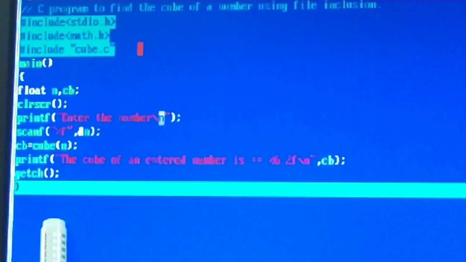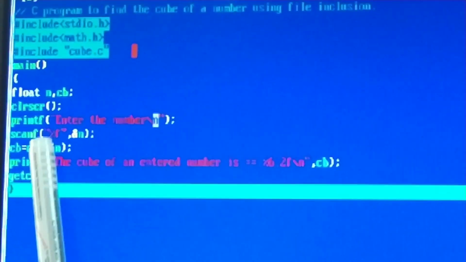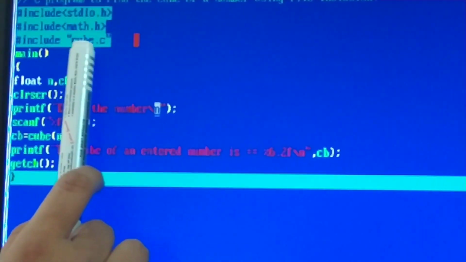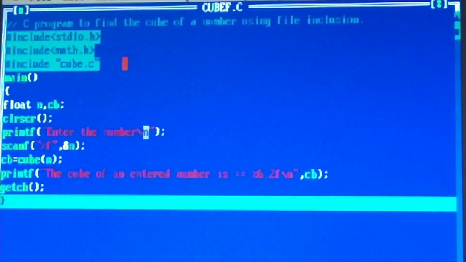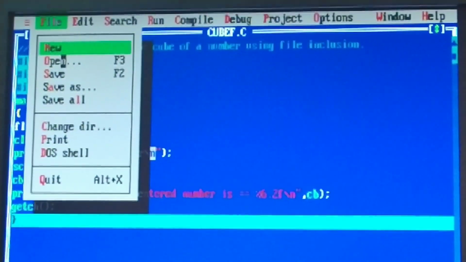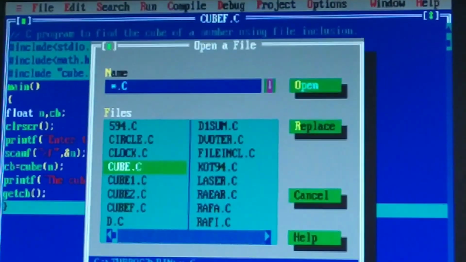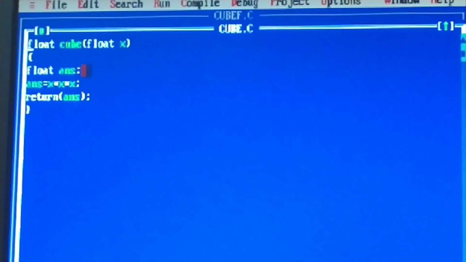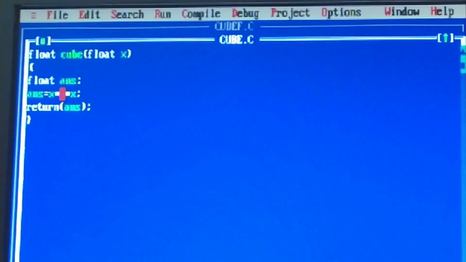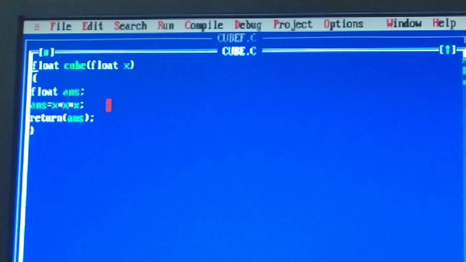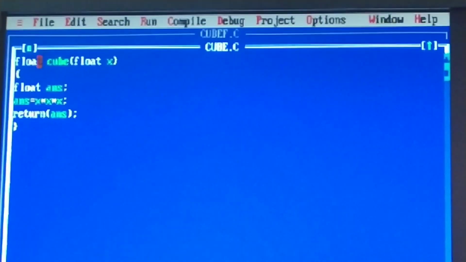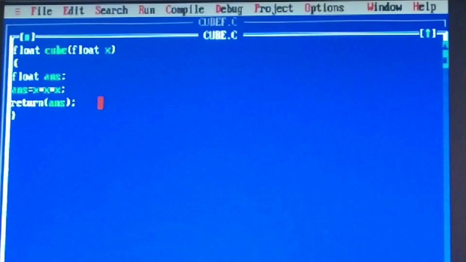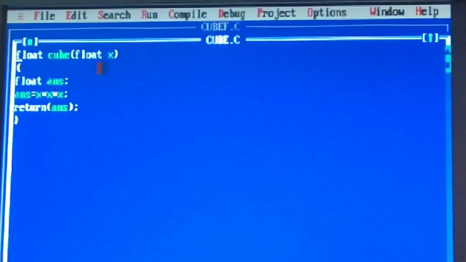So what we have to do is, first we have to write the main program, then we have to open one more file, that is named cube.c. I have already written this, you can observe here, that is the open cube.c file. In that cube.c file we have written the exact computation part. So first we write the main program in one file, and we attach the sub file to the main file, but the coding of the sub file will be present in a separate new file like this.